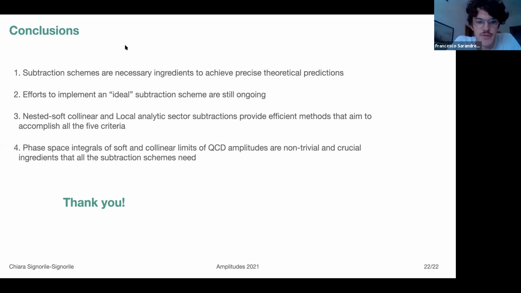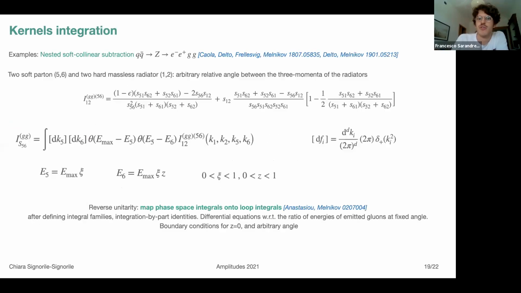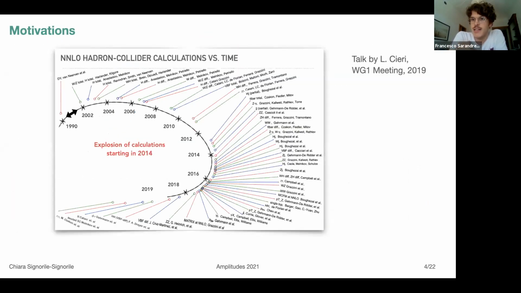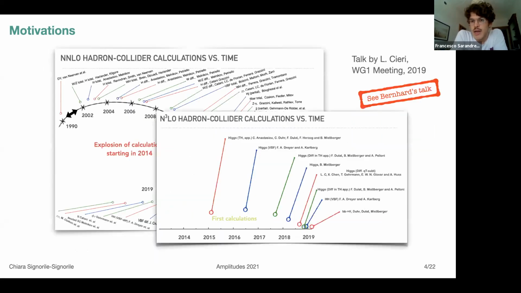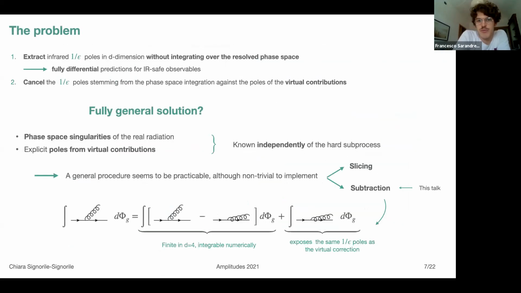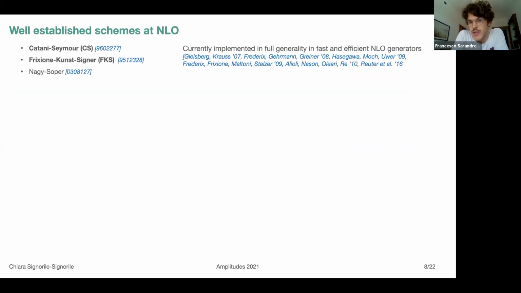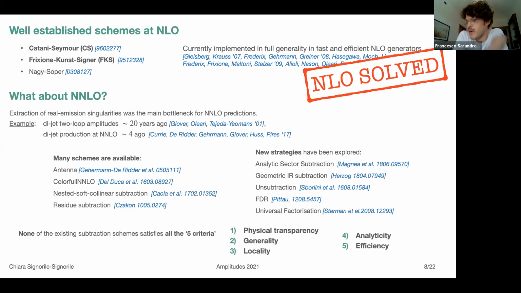Hello, hi there. Thanks for the talk. I just had a probably naive question about one of the 5 criteria. Can you hear me? Sorry. About the 5 criteria that you mentioned, one of them being analyticity, the formula being analytical. Is that mostly for computational reasons, or is it also because by inspecting the formula we expect to have a better understanding of the amplitude itself, or is it mostly just because it makes computation more efficient?